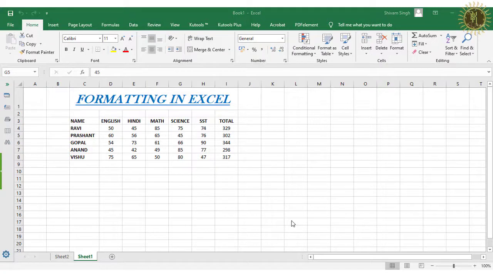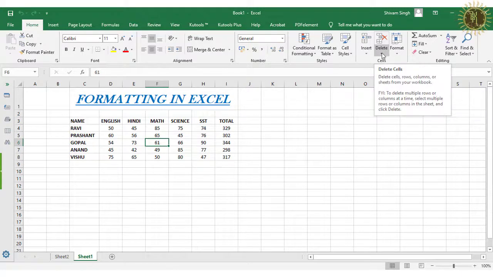Now the next topic is deleting rows, columns and cells. In MS Excel, it is very easy to delete any rows, columns and cells. To delete any of them, first select it and go to the Cells group, where you can see the delete option.